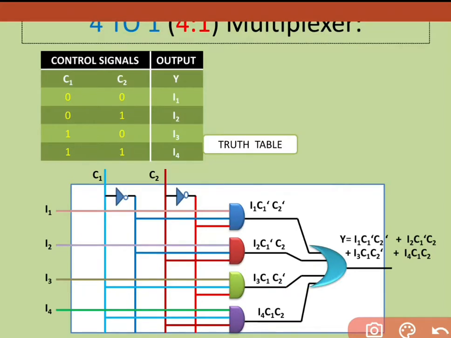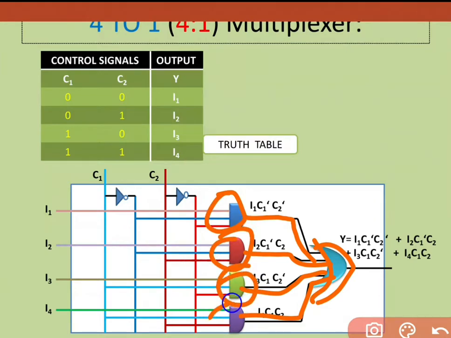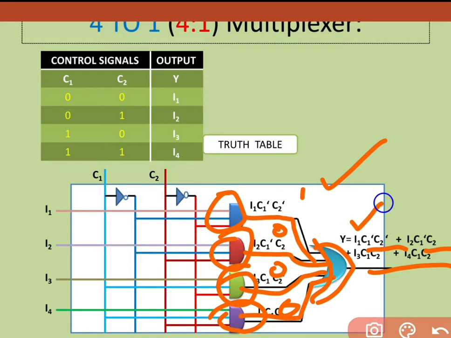We are combining this with the inputs with the help of the diagram, and then all the inputs go towards a logic diagram, and we are having an OR gate. That means when any one provides us 1, the first one provides us 1, then the others provide us 0 0 0, so the output is only 1. This equation provides us I1 as output.